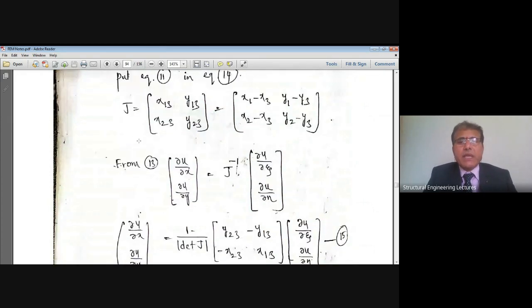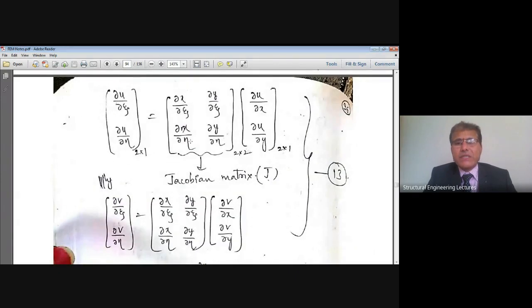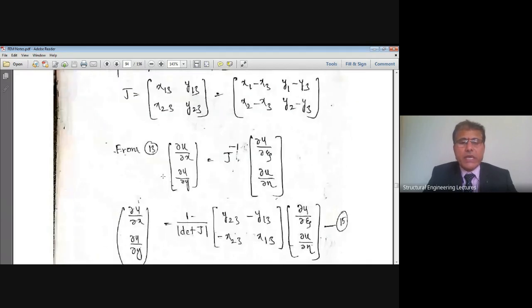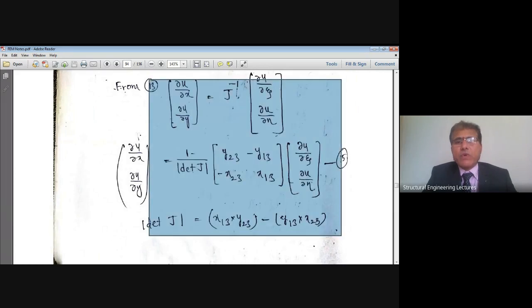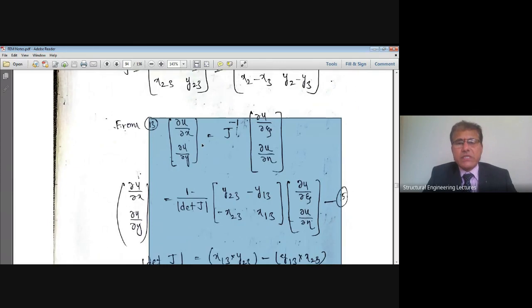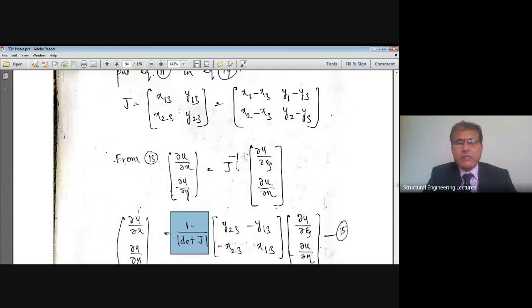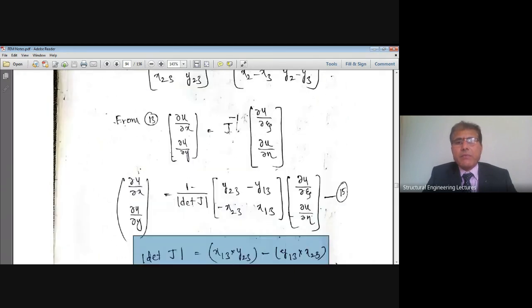Fine. Then similarly, now I'll go to this equation 13. I'll now try to invert this equation 13 as I want to get only dou u by dou x, dou u by dou y. Therefore, it is nothing but Jacobian inverse multiplied by dou u by dou xi, dou u by dou eta given by this equation. Therefore, now I'll substitute what the Jacobian is. Its inverse, right? Therefore, I do know Jacobian J. Its inverse is nothing but 1 by det J. 1 by det J means x13 multiplied by y23 minus x23 multiplied by y13. That we already know, det J. 1 by det J multiplied by a, b, c, d will become d, minus b, minus c, a.